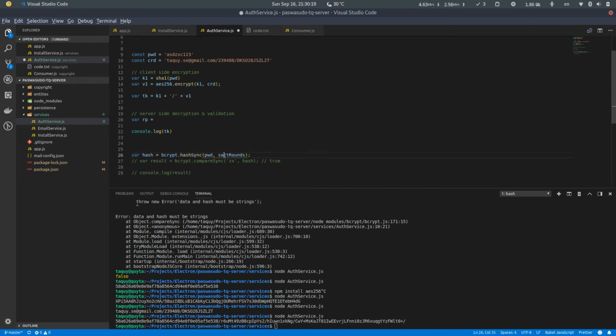So the real password here will be the K1 here actually, and then I will need to compare it with the